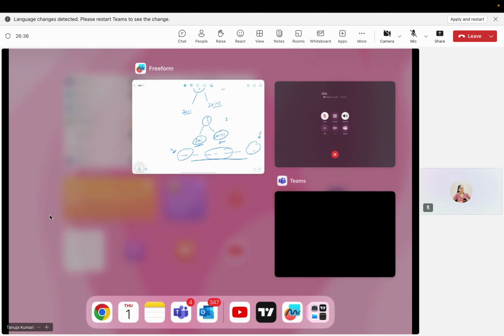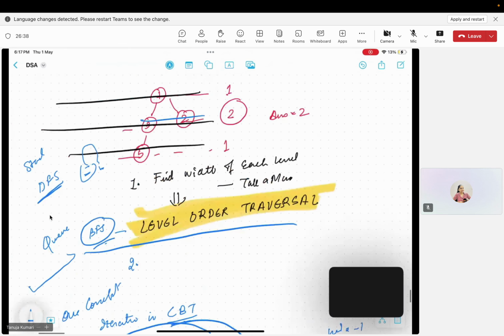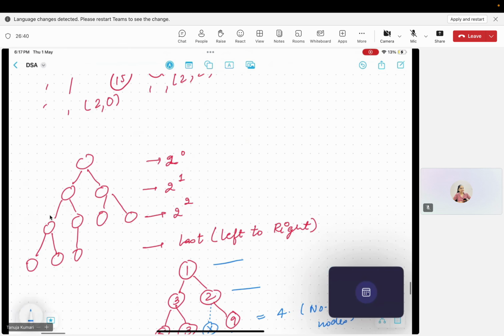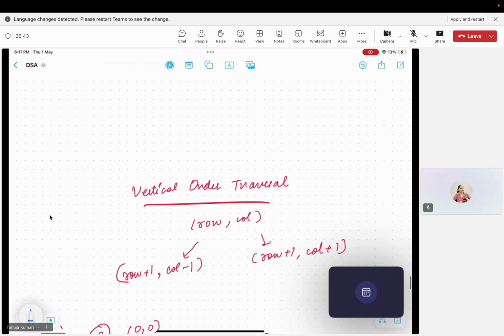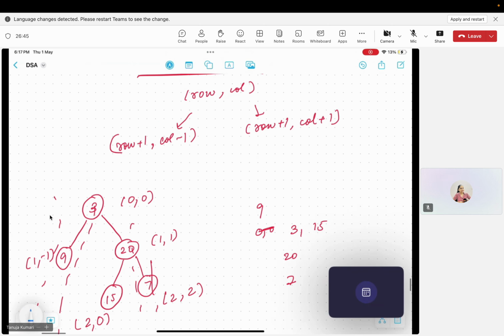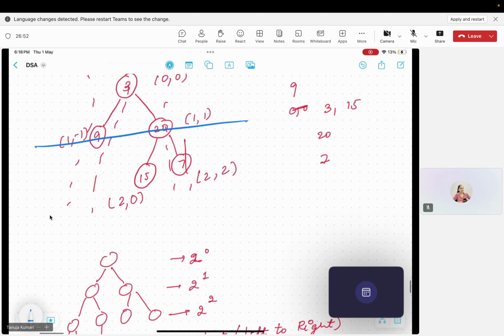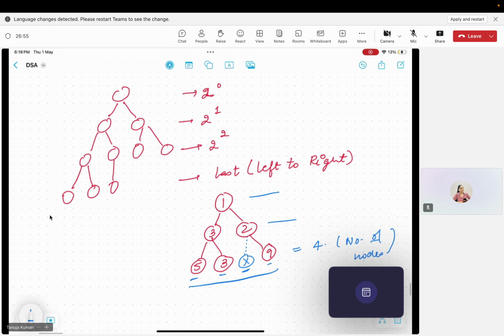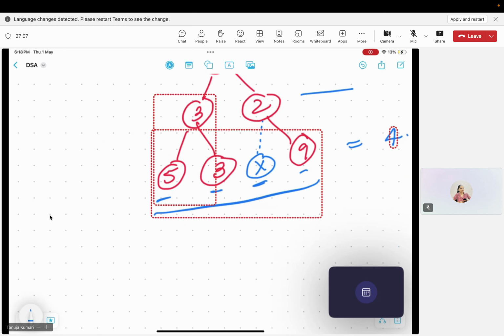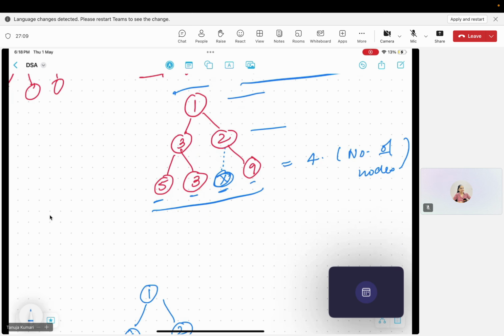So as we have seen that in a complete binary tree, every level has 2 raised to power height minus 1 nodes. Like here the height is 1, the number of nodes is 2 raised to power 0. This is a complete binary tree, and we are talking about all the levels except for the last, because the last is filled from left to right. So if it would have been a complete binary tree, this node would be there, and